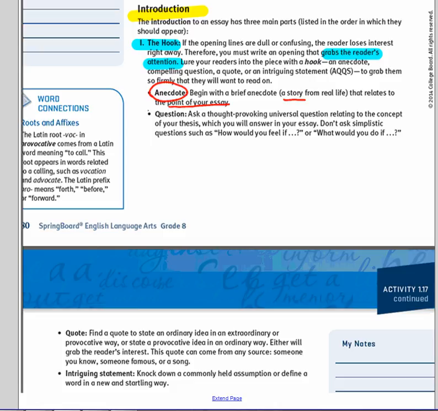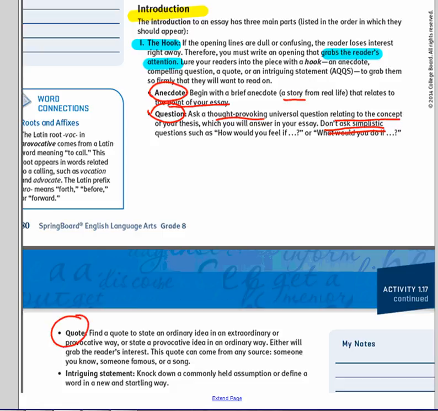The second is a question. If you don't know what a question is, go to any preschool class and watch a bunch of 3-year-olds ask, why? Why? Why? Okay, but this actual question, it needs to be thought-provoking, and it does need to be related to the concept. It should not be simplistic. What is a hero? No. No. Cruddy question, worthless.